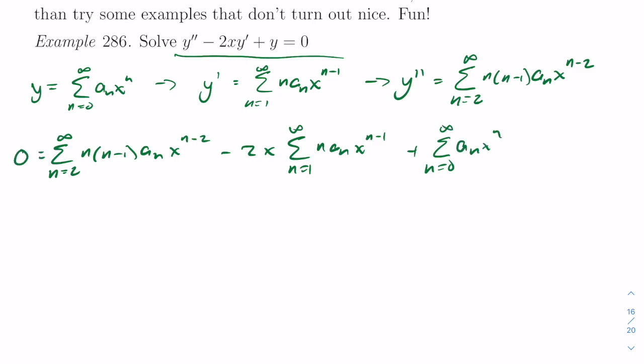And again, this equals 0. So the first thing we'll do is send in all the stuff, right? So send in that, and what do we get? We get plus 2n. Let's leave it minus. Doesn't matter. Minus 2n a sub n x to the n